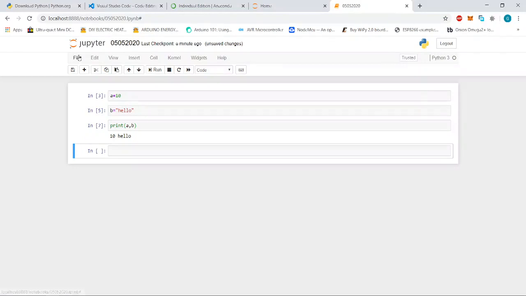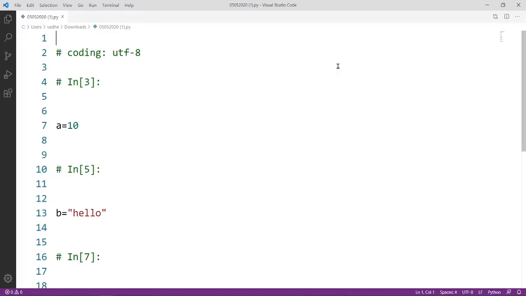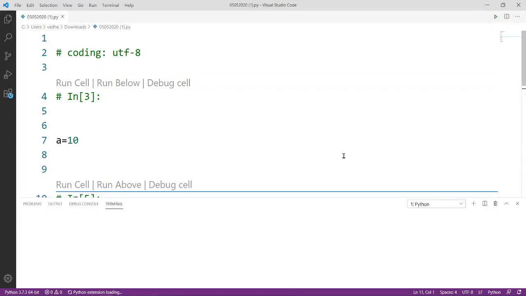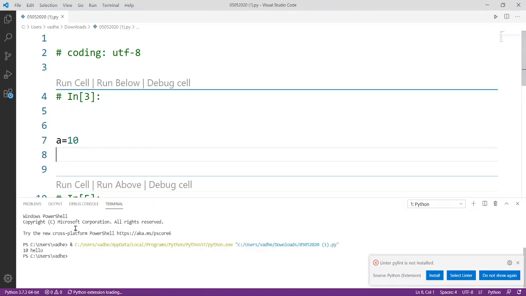Now I will export this file as a python file. Now let us open it in Visual Studio Code, and then we will execute it. Yes, here you can see we are getting the output 10 and hello.